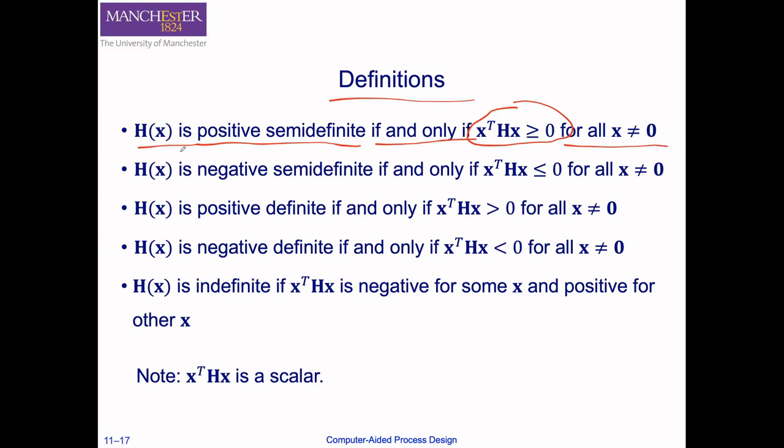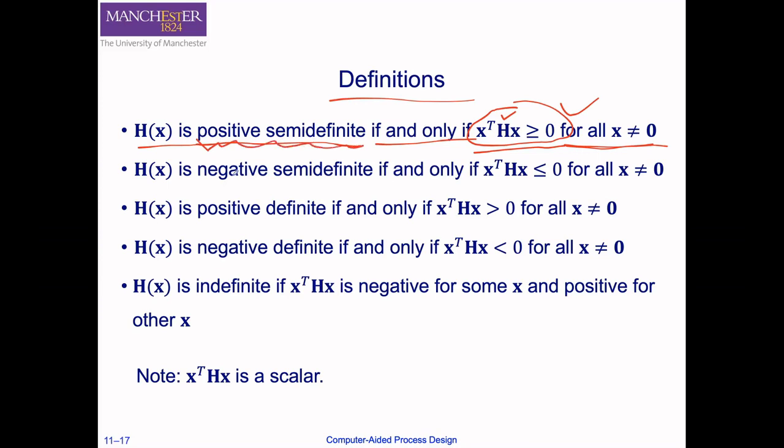That means if a Hessian matrix is positive semi-definite, then we have this inequality constraint for all x not equal to 0. If this inequality constraint is satisfied for all x not equal to 0, then this Hessian matrix is positive